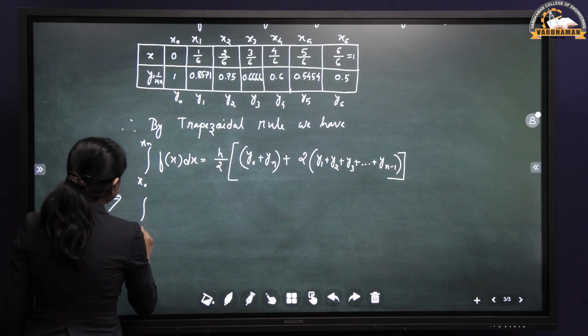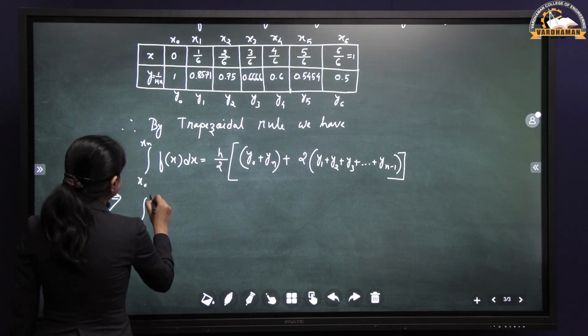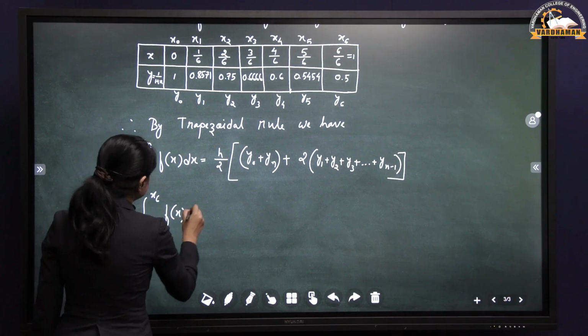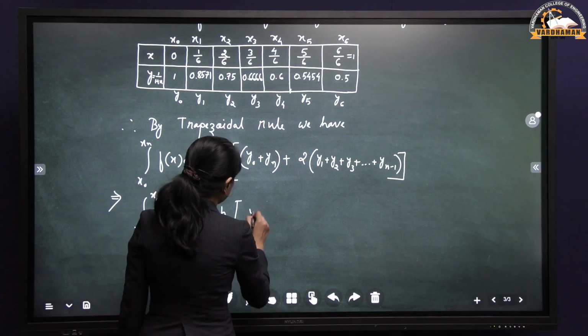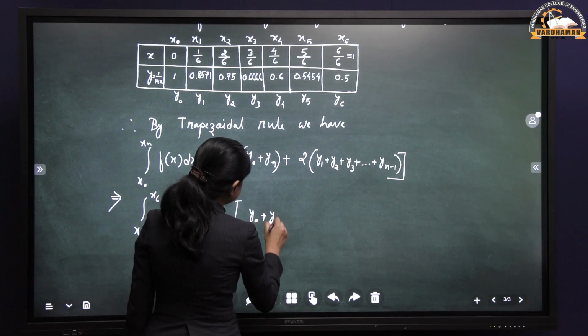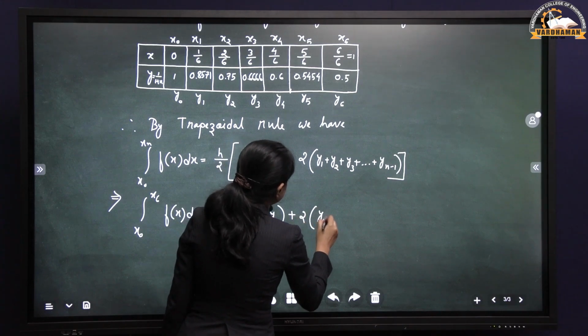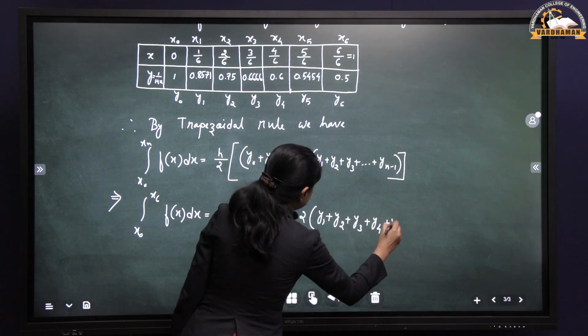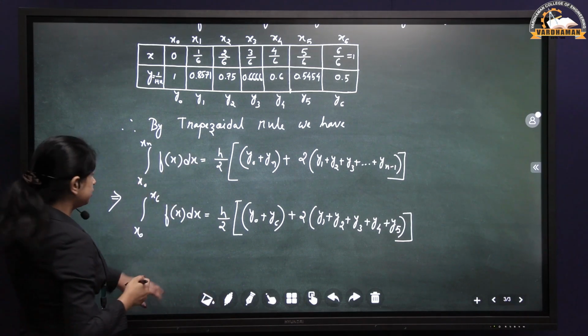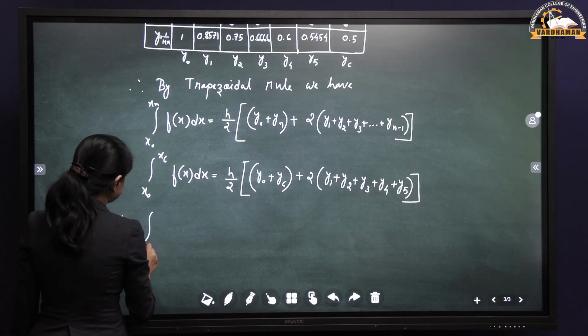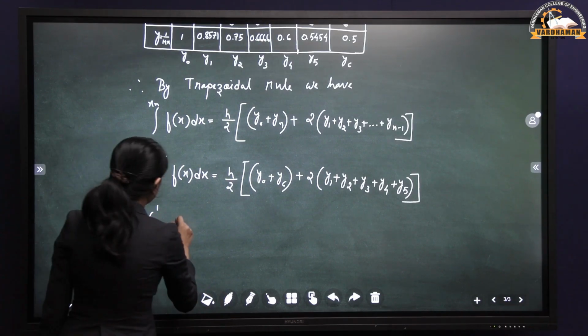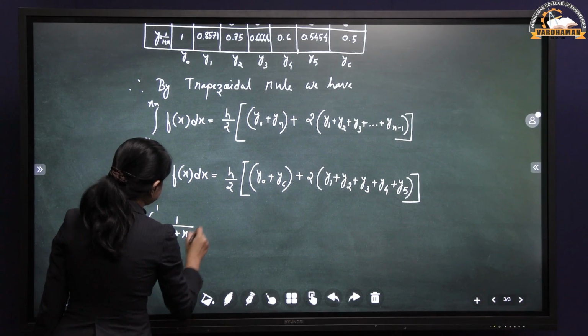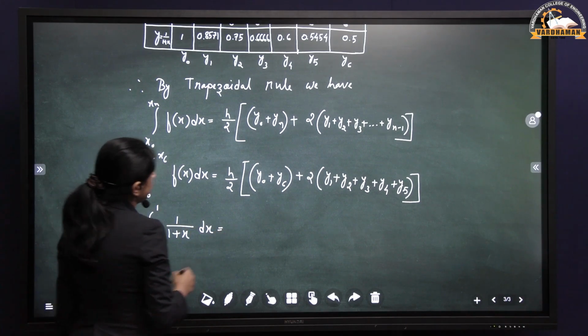Here we have x0 to x6 f of x dx, h by 2 times y0 plus y6 plus 2 into y1, y2, y3, y4 and y5. Now let us substitute the values. What is x0? x0 is 0, x6 is 1, 1 by 1 plus x dx is equal to